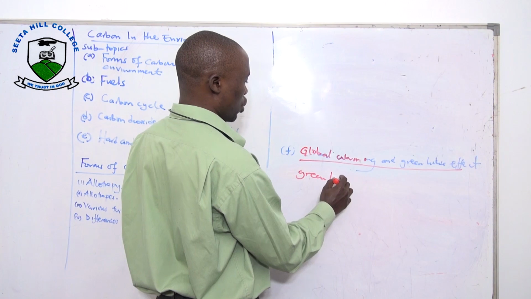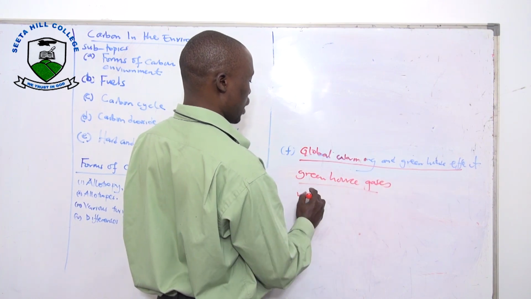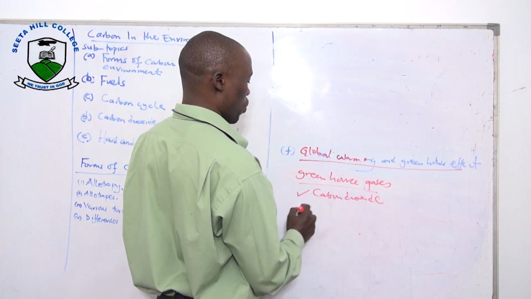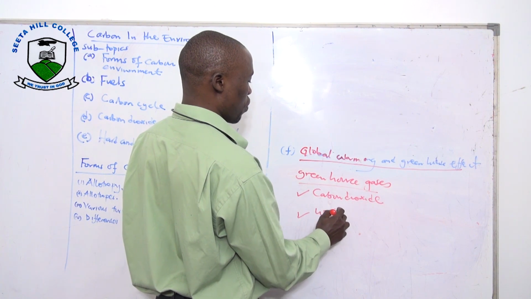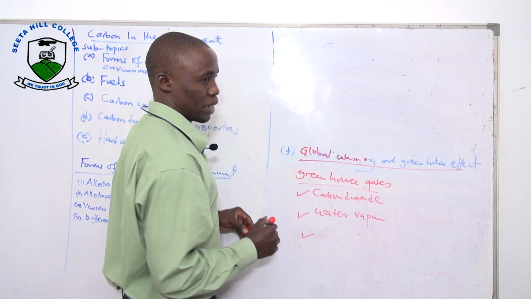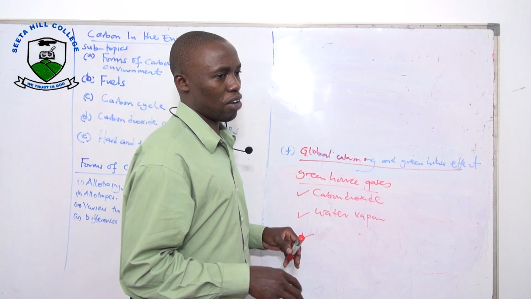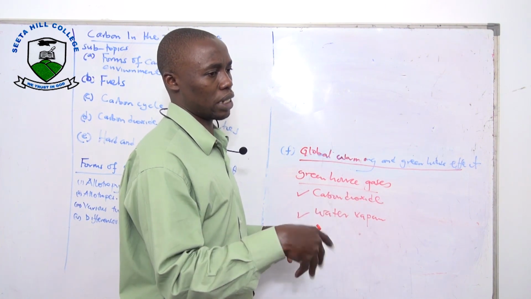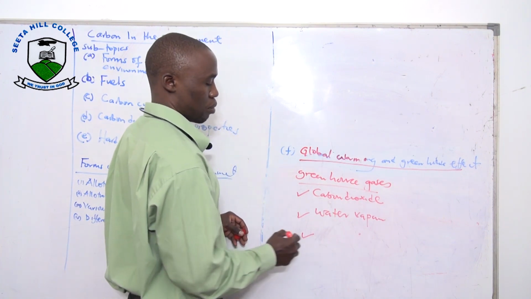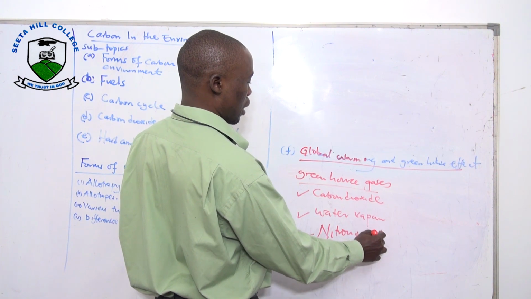Now, the greenhouse gases included carbon dioxide, which was one of them. There is even water vapor. Water is a poor conductor of heat. Therefore, when it absorbs heat, it can't easily leave it. There is nitrous oxide, and the compounds from